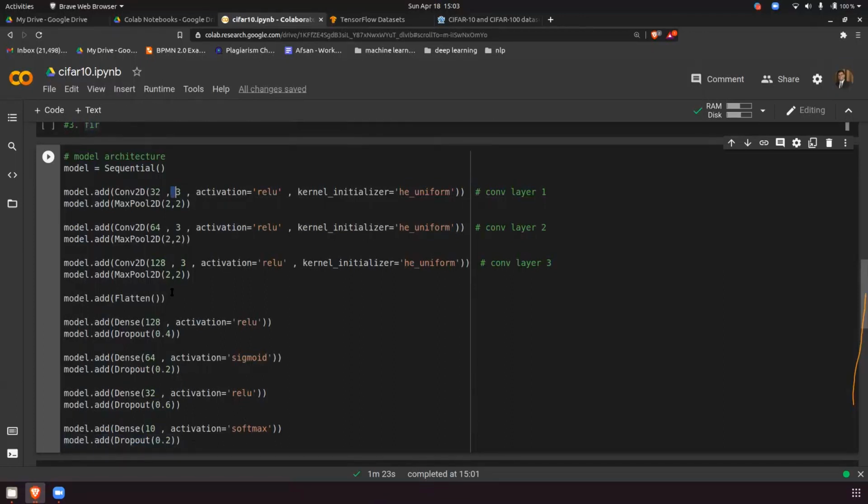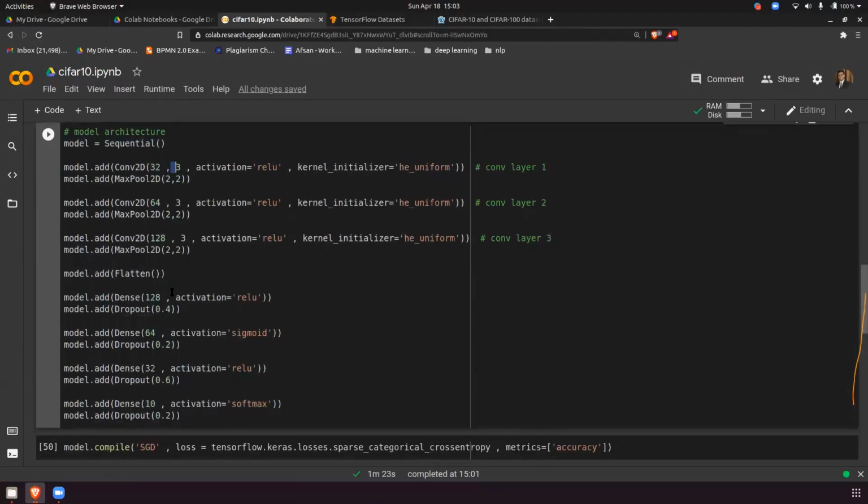I tried changing the convolution layer. I mean, adding one more, and simultaneously, I also changed this model dot add dense. That is the number of neurons. But I'm getting some error. I tried to make it after 128, I made it 256, and in dense also I made it as 256.